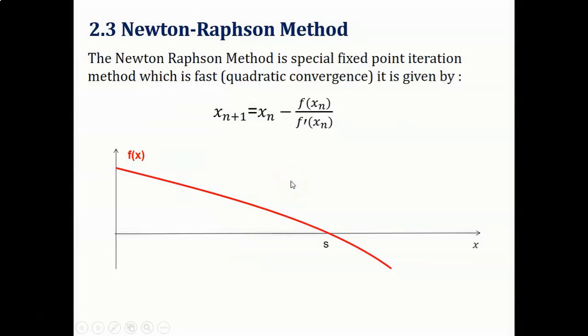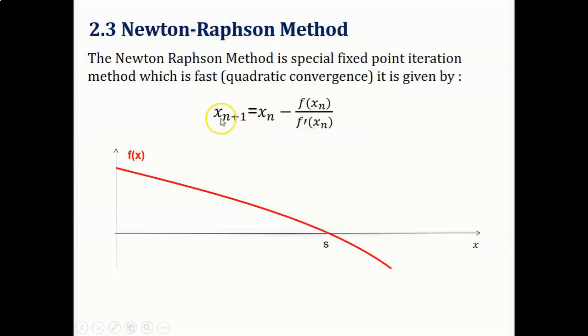Now I will present a special fixed point iteration which is called the Newton-Raphson method. So the Newton-Raphson method is a fast fixed point iteration. The convergence is quadratic. We will explain hereafter and prove the quadratic convergence of this algorithm. So the Newton-Raphson method,